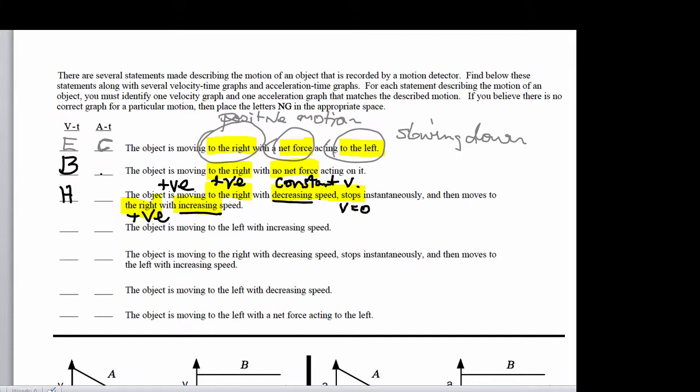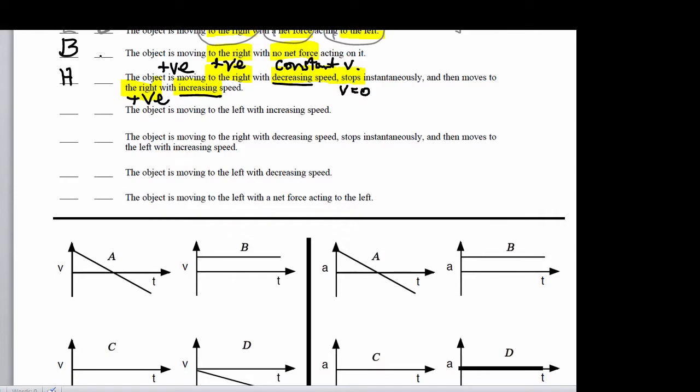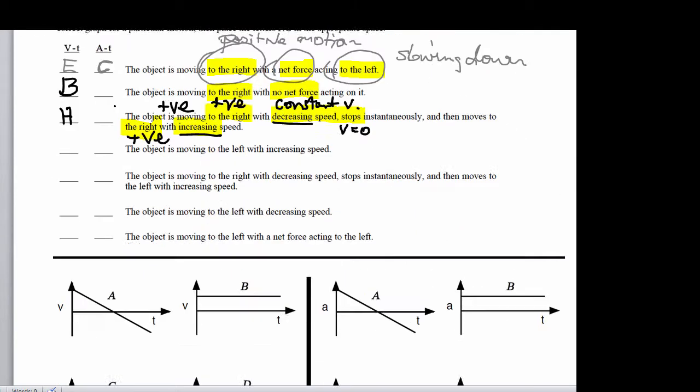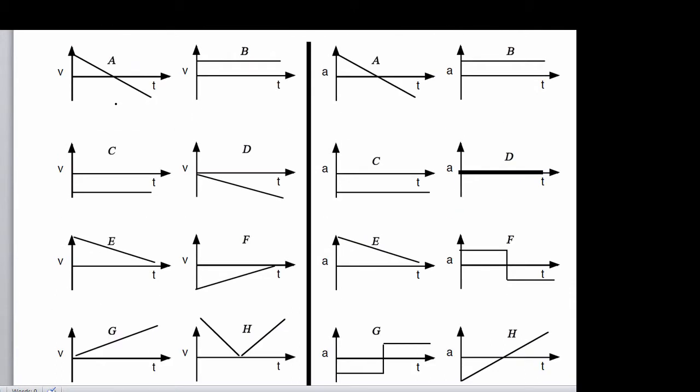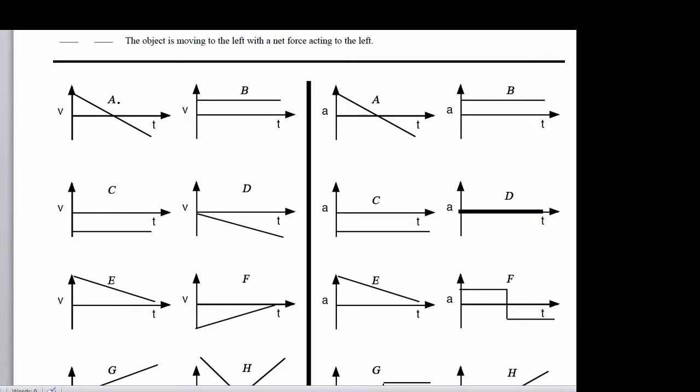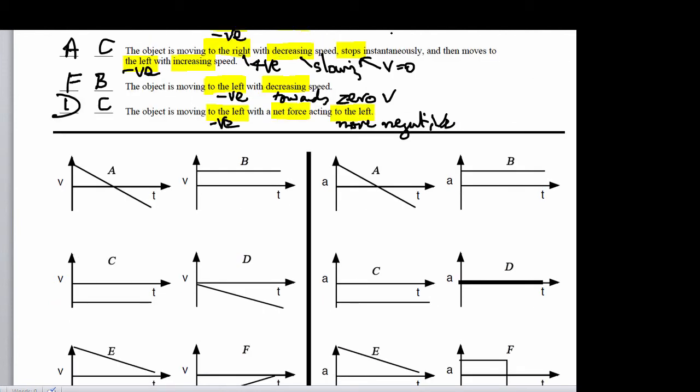Oh, I forgot to do the AT graph for this one. Someone tell me what the AT graph for that one looks like? The previous one? Yeah. D, yeah. Because? That's true, but there's also another way of saying it. There's no change in velocity. The rate of change of velocity is acceleration, so you can always get the acceleration from the slope of the velocity versus time graph. So let me